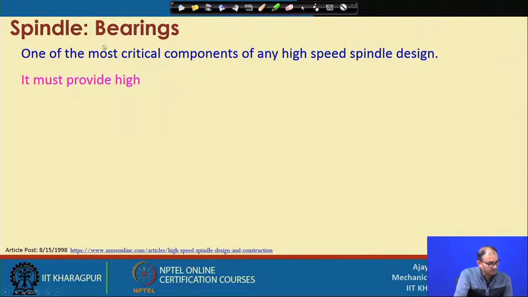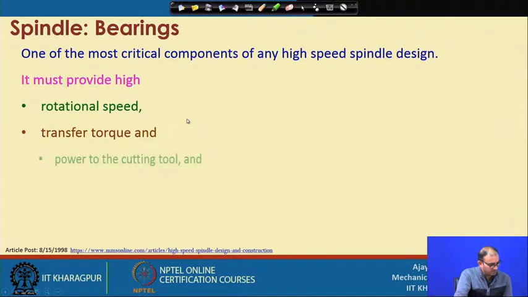So, what are the things we need from the bearing? It should provide a very high rotational speed, because our tool diameter is very small and we have to maintain productivity. And it should transfer the torque, because torque is also important when you are drilling to a very high depth, and if you do not have sufficient torque, then your motor will be jammed and you are not able to rotate the spindle at a reasonable speed. And power to cut with the cutting tool, because when you talk about high power, you are mostly talking about high torque only. A low power motor has low torque, but it has a high rotational speed.